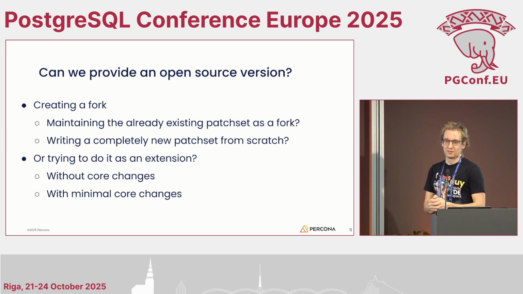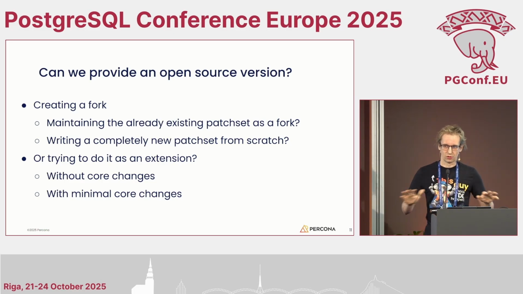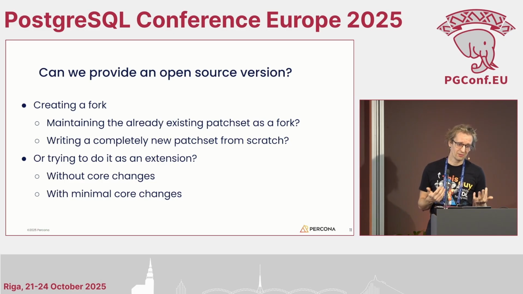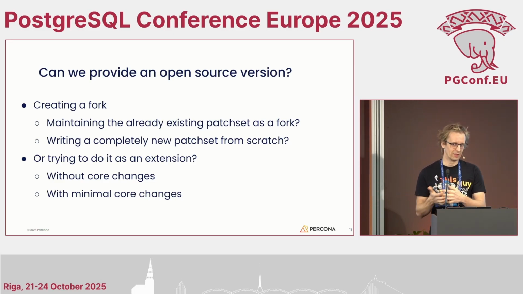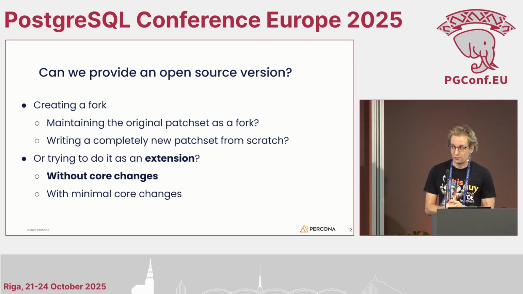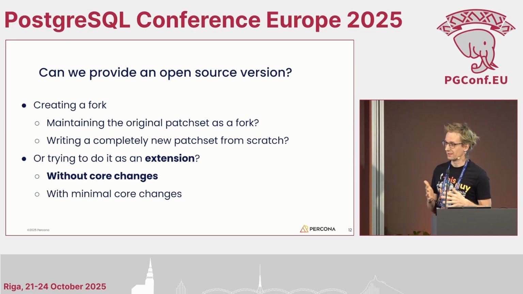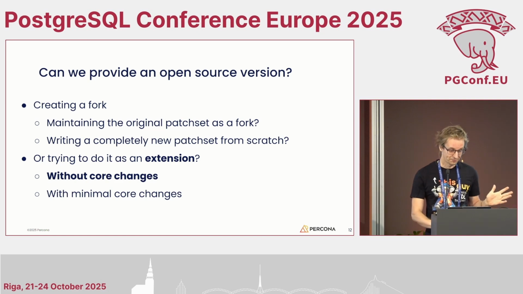Since Postgres also has this great extension ecosystem, can we do the same thing with an extension? Ideally, without any core changes, just using the already available extension points in PostgreSQL, or if we can't do that, maybe we could just add additional extension points so that we can implement encryption in a better way. And first, of course, we wanted to try the first of these choices, because it would be really great if we could develop something that works out of the box with everyone's Postgres installation without any changes.